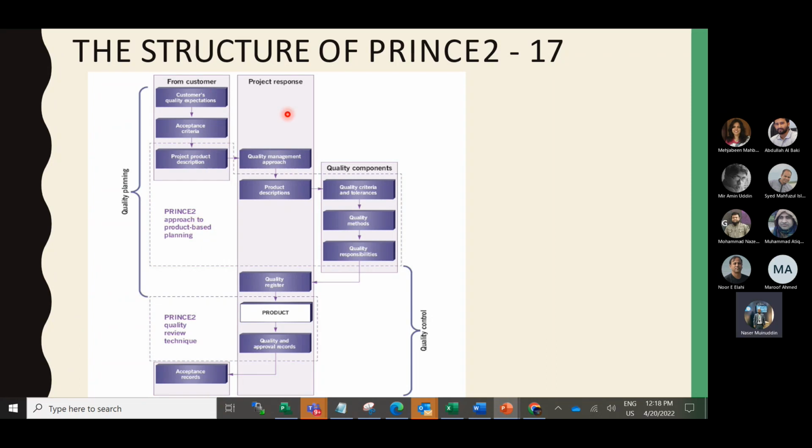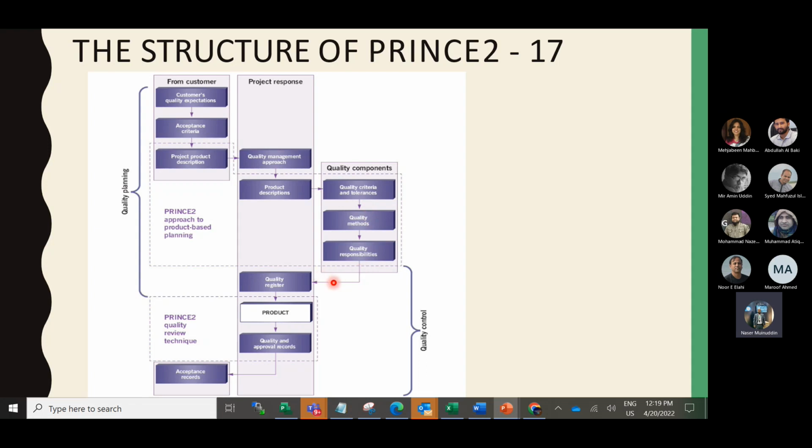Then the project team, as we discussed earlier with the quality management approach, takes this project product description and segregates the individual products into quality components. What are the quality criteria and tolerances? What are the quality methods? What are the quality responsibilities, and whether it will meet the customer requirement or not?